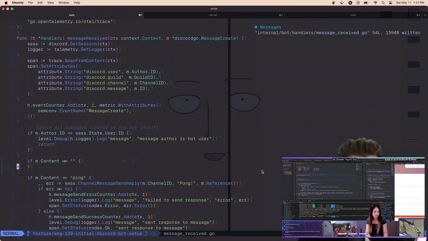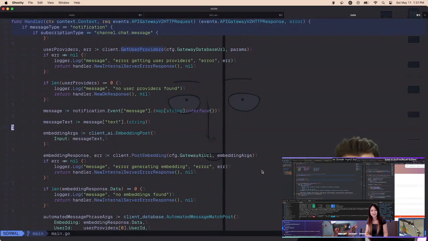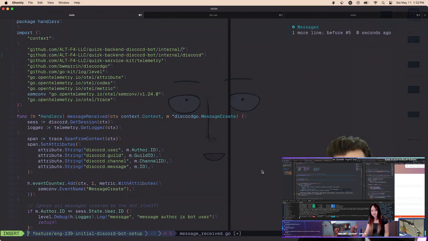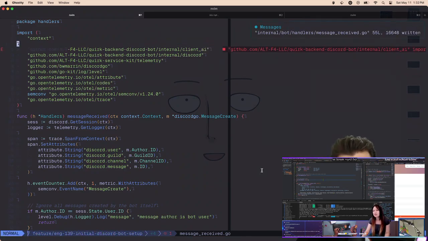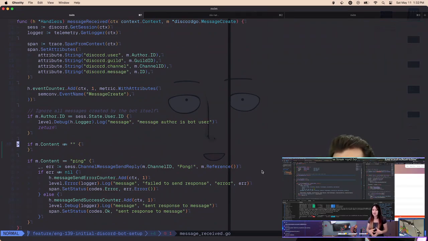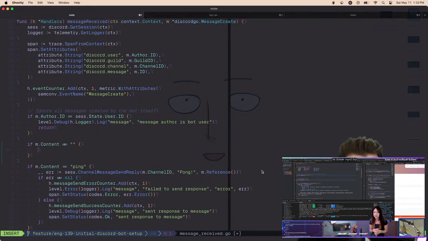Okay, so if it's not blank, we want to get and generate an embedding post. Okay, so I need the AI client, right? And I need to set up an AI client based off of the OpenAPI generator. Now, again, in